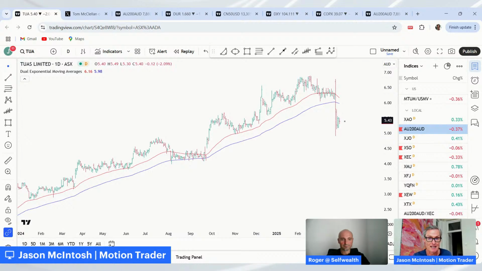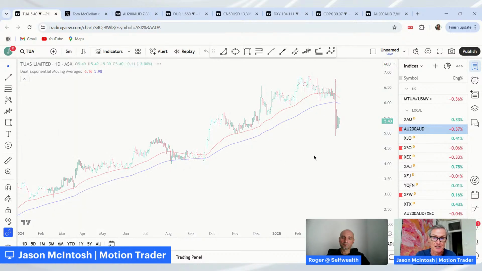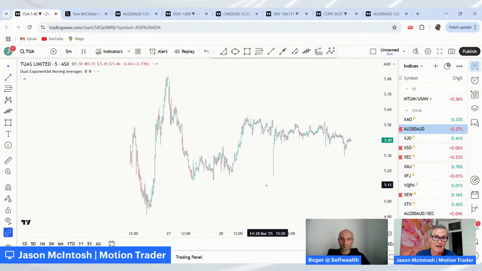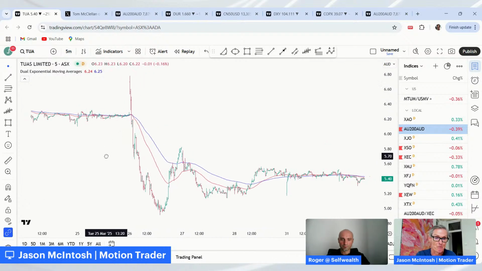But if this then does morph into a larger decline, well, it won't see that off. It will then trigger. So at the moment, at this point, I'm still in. It's interesting to look at this on a 5-minute chart. So you can just see it. Like at the moment, we've just got one big bar going down. So here it is here. So it tells a bit more of a story.